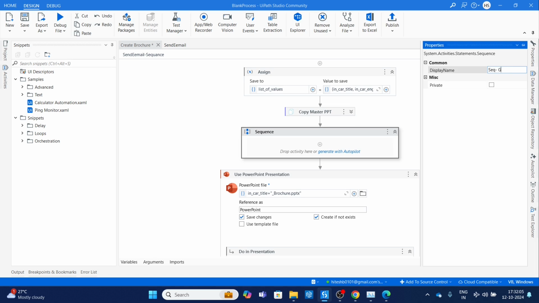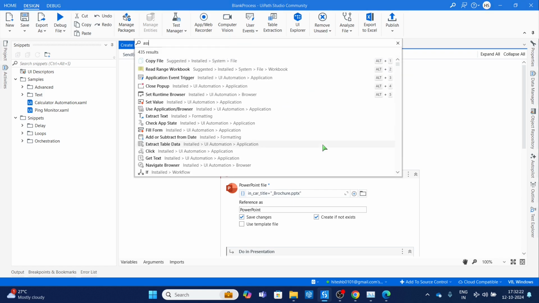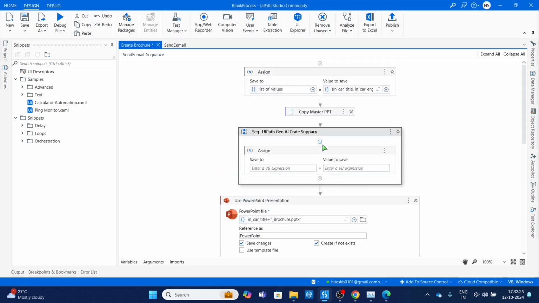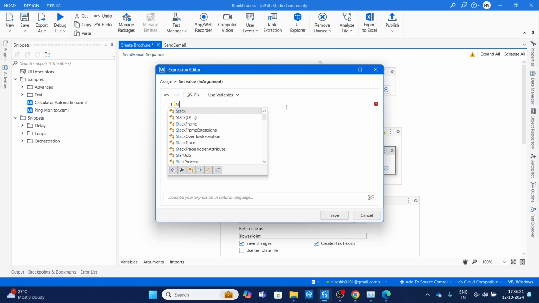Sequence, UiPath Gen AI, create summary. What we will do is we will assign a variable. We will use Control K, the UiPath shortcut, to create a variable, and here we will write Gen AI prompt. So here I will give the example again of string.format,